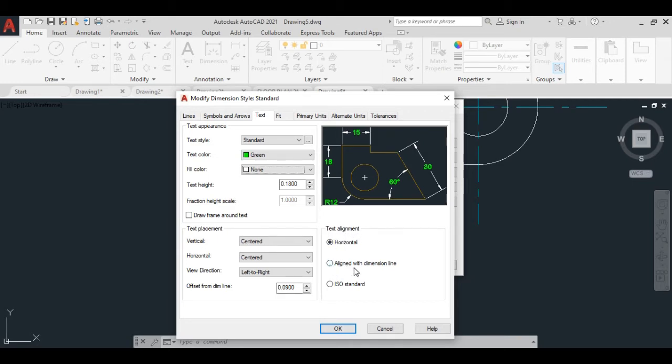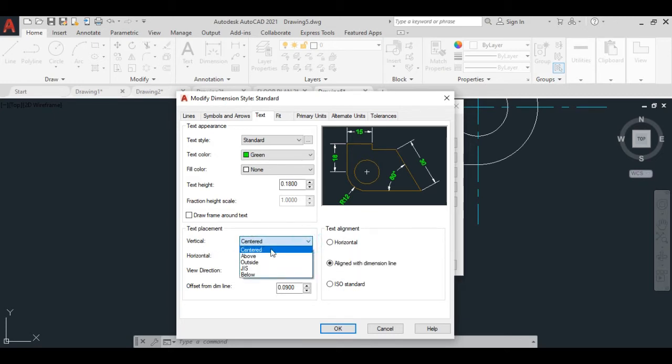Then we'll come to the text alignment option. Here we just have to click on align with dimension line, so click over this check mark. Now here you can see text placement. Go to the vertical and center option, and I'll click above, so that the dimension text will be above the dimension line.